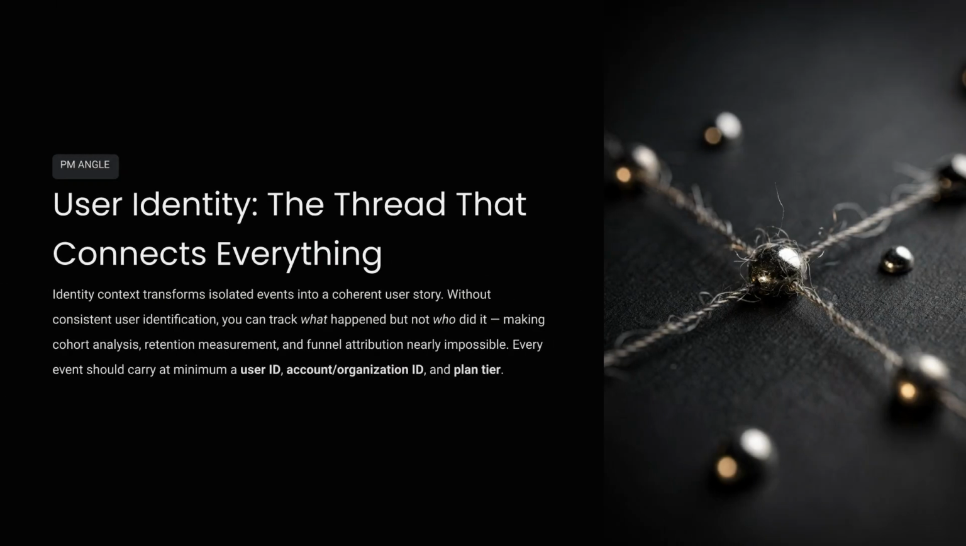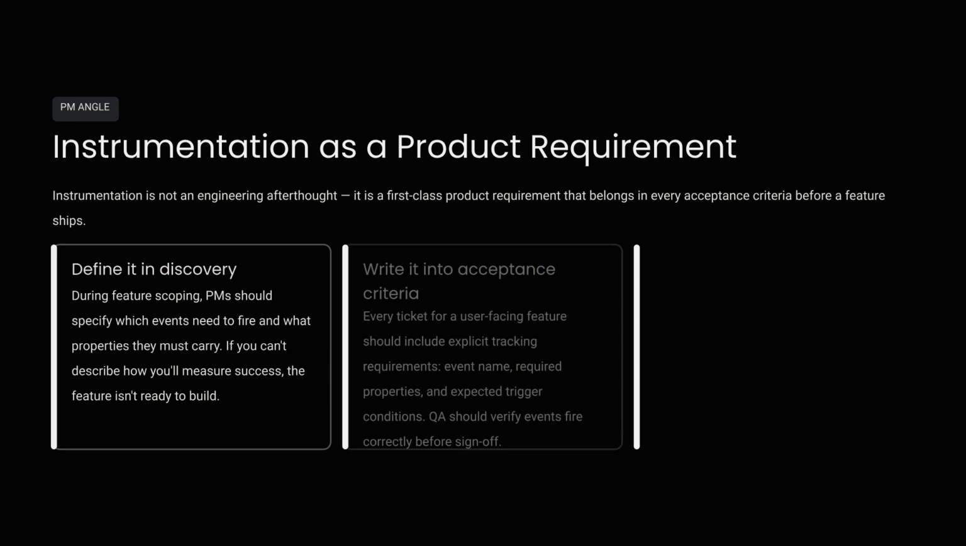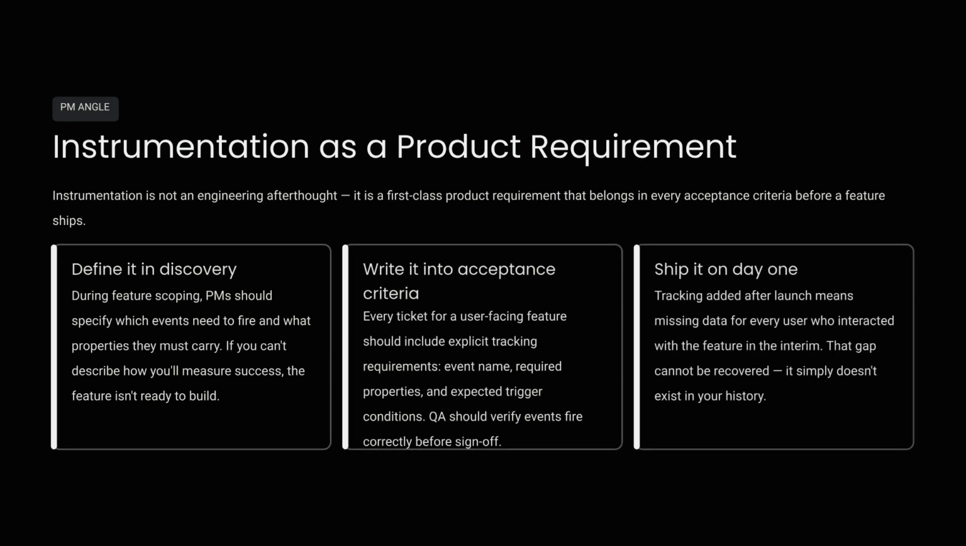User identity is the thread that connects everything. Every event should carry a minimum of user ID, account ID, and plan tier for reliable cohort analysis and retention measurement. Treat instrumentation as a first-class product requirement. Define it in discovery, write it into acceptance criteria, and ensure it ships on day 1 to avoid permanent gaps